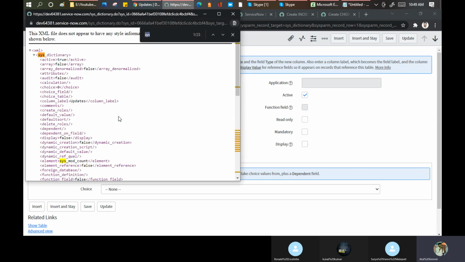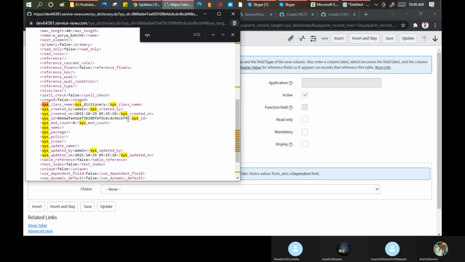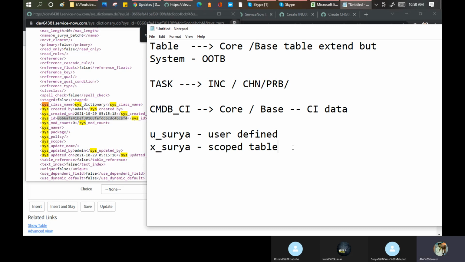So I was asking, is it only for the record or for everything? See, every attribute, every record, every table has a SysID. If you are a good developer, and if you're a good consultant, and you are getting confused, let's take an example. I put this thing: G and Atul G. These are two different user IDs. How will you identify which Atul G is being referred to, this one or this one? Only with the help of the SysID.